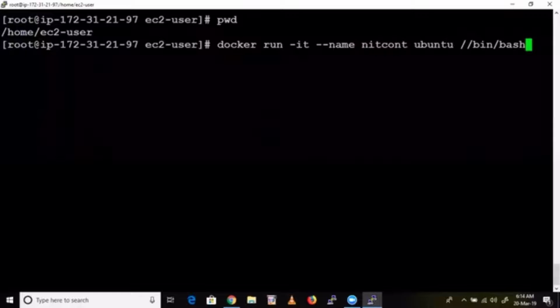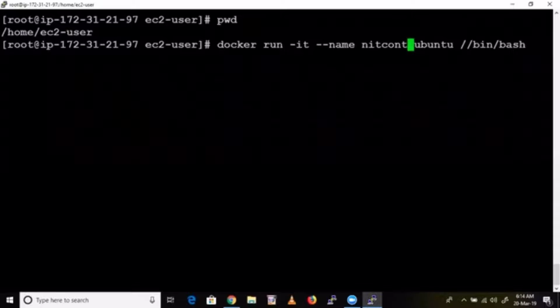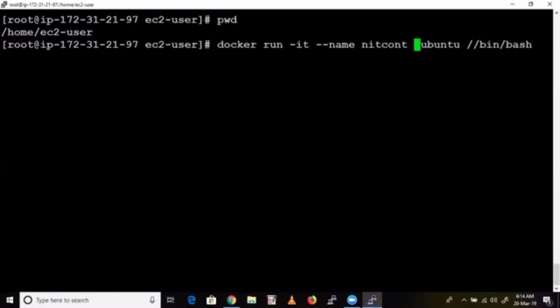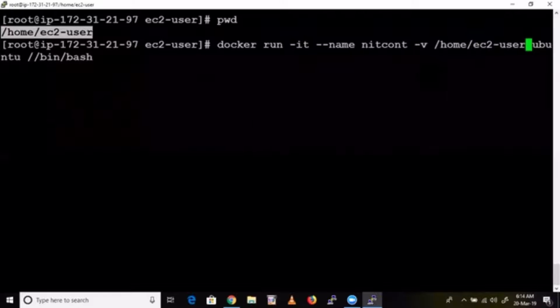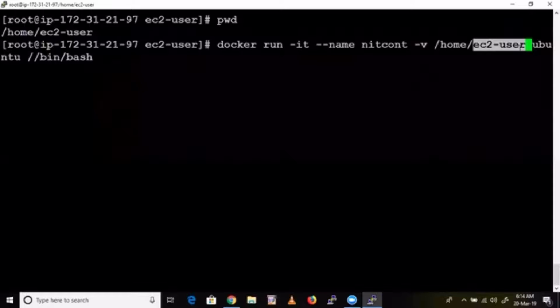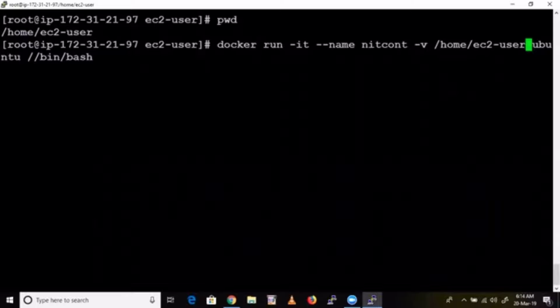So this is a command just to create a container. So what I'll do here, -v, I want to map a volume. Take the folder from your base machine. Take this complete directory, or else you can take simply ec-user because you are in the same level, right? Better to take the complete level so that it won't throw any errors. That means indirectly you are mapping only this folder. You are just giving the path. Okay, ec-user